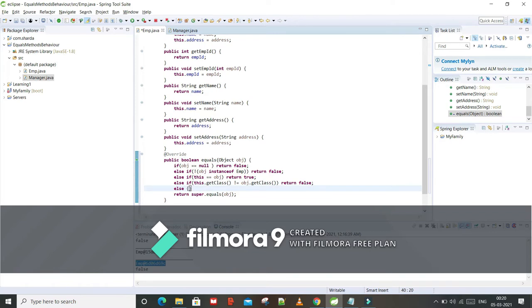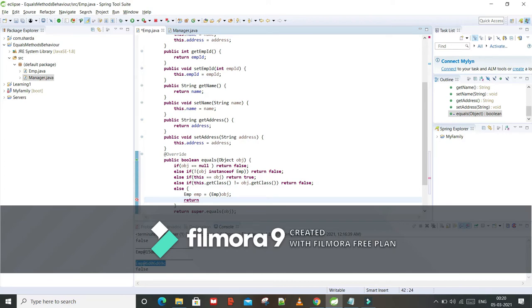Else, here we will convert our obj into Emp type and return.